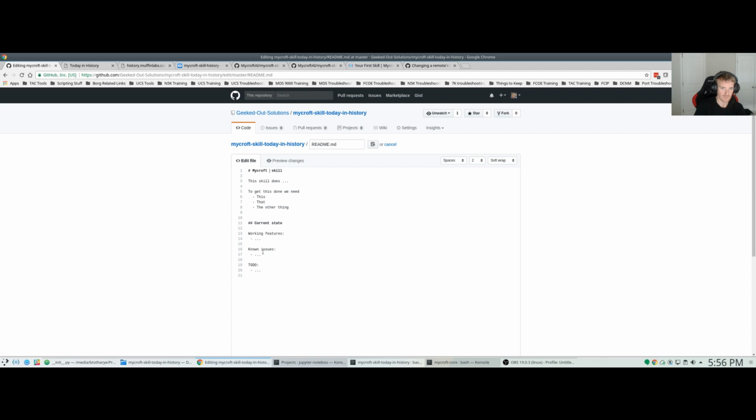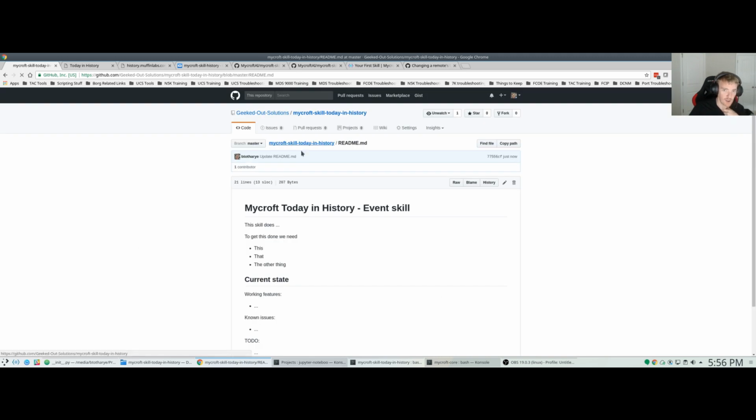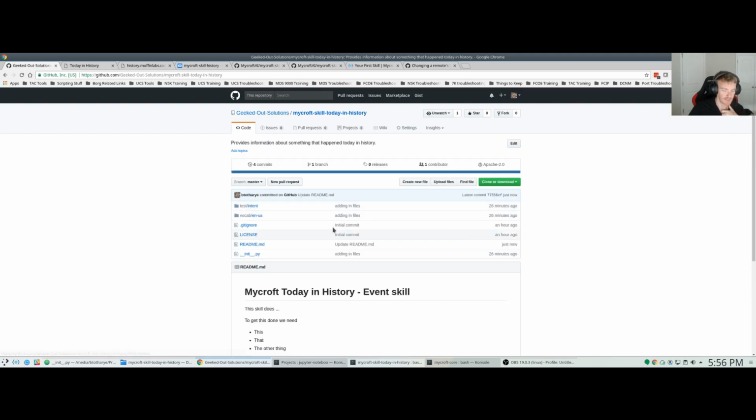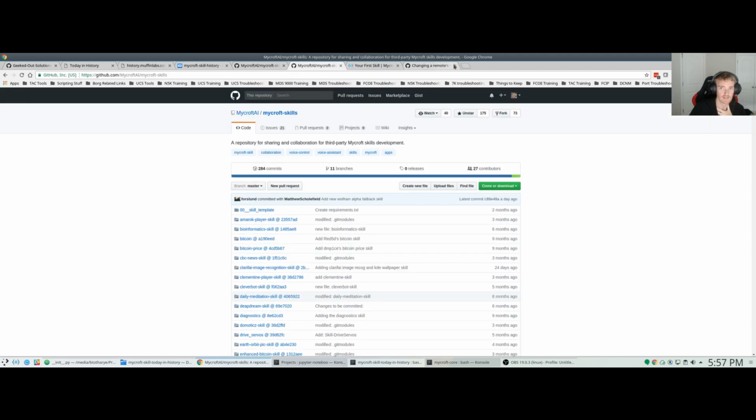Mycroft skill, Mycroft today in history event skill, right? And then I'm just going to say this skill does something, and we'll fill this out in a minute after I show you how the skill works. So I've got the code here already. If you want to pull it down and see how all this works, I'll have it in the YouTube link. So basically what I've done is I took the template from the